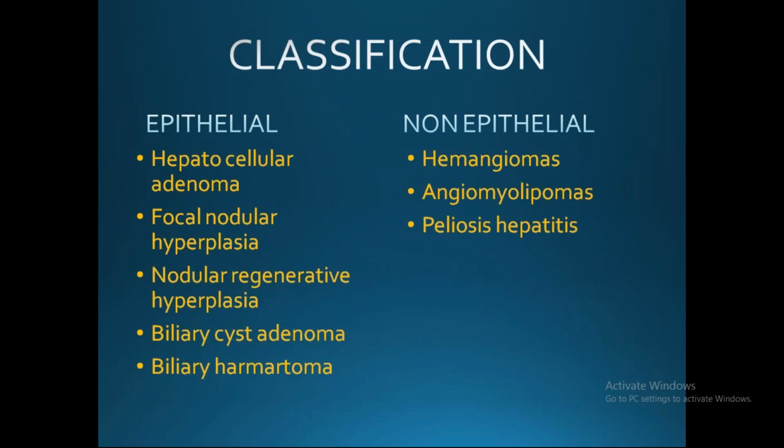So coming to the classification, they are always classified into epithelial and non-epithelial types. So here epithelial types are the hepatocellular adenoma, which is more important, and focal nodular hyperplasia, which is FNH. It is simply called FNH in broader terms. So always remember these two things: hepatocellular adenoma and focal nodular hyperplasia. So then the other epithelial subtypes of the benign lesions are nodular regenerative hyperplasia and biliary hematoma and